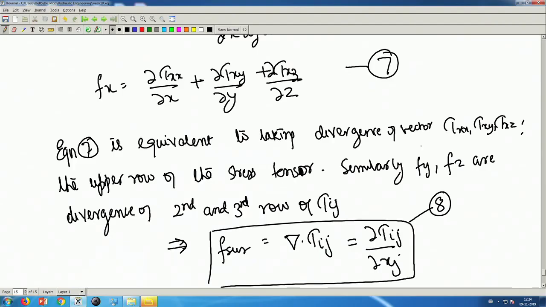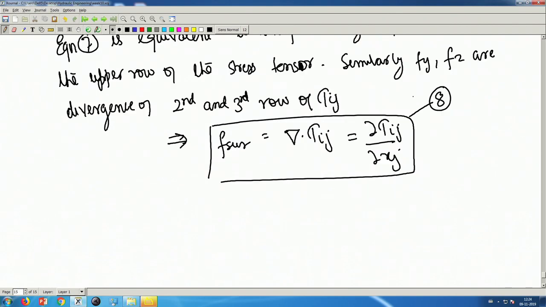Welcome back to yet another lecture of viscous fluid flow, where we are deriving the Navier Stokes equation. So, last time we left at this particular point where we derived that the surface force is the divergence of tau ij vector. So, proceeding forward from this point,